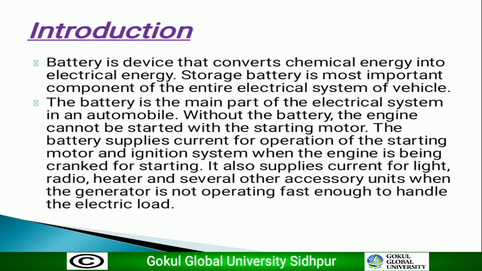The battery is the main part of the electrical system in an automobile. Without the battery, the engine cannot be started with the starting motor. The battery supplies current for operation of the starting motor and ignition system when the engine is being cranked up for starting. So let's note this: the battery's main purpose is to provide current for the starting system, and its